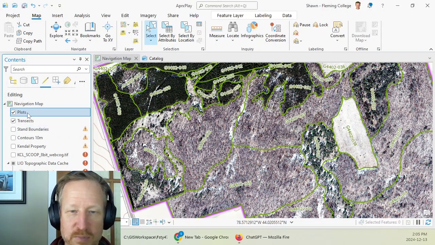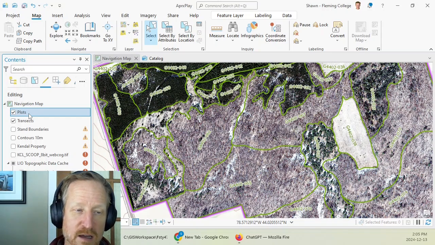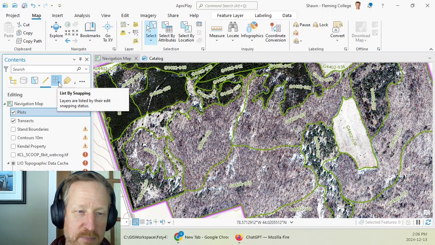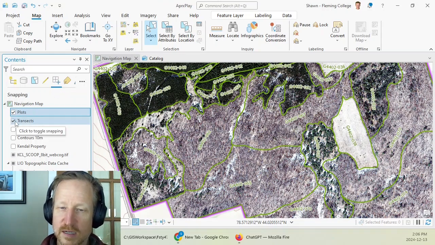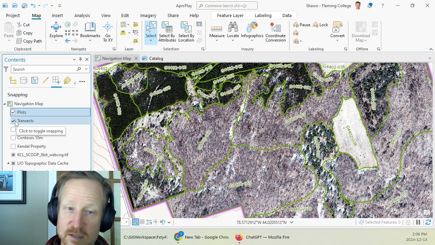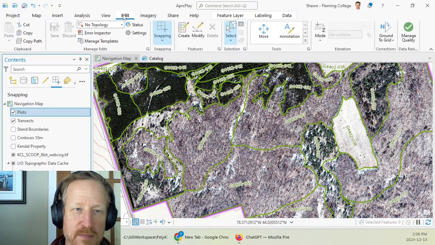In this case, we're going to be doing plots, which are points, and transects, which are lines. So we're going to create a line, and then we're going to add points along that line as plots. The second thing we can do is go to snapping. And with snapping, we can make sure that only those are on as well, because you don't want to add a line or point and have it snap to something that doesn't make sense, like contours or the boundary or other boundary polygons. So with that set up, now we can go to the Edit tab up here,